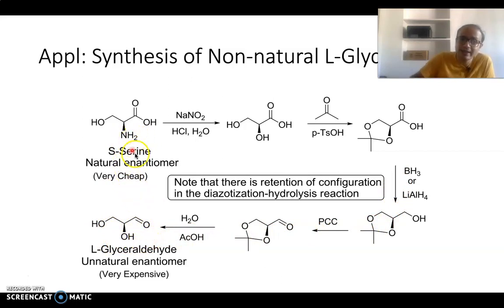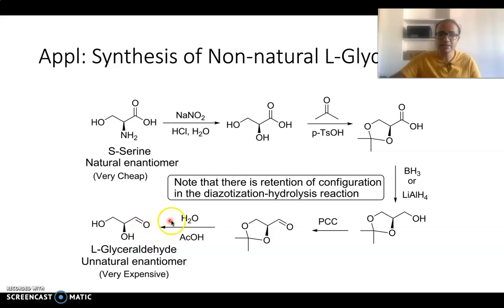So here we have used L-serine, which is the naturally occurring serine molecule, and we diazotized it, hydrolyzed it, and then protected it, because if you don't protect it, when you reduce it, then these OH groups can also get reduced in the process. So we have to protect it using acetal reaction. You know what an acetal is. So by acetal formation, you protect these two OH groups, then you do the reduction, then you oxidize it, convert it into aldehyde, and then you hydrolyze to break this and get back the OH molecule.